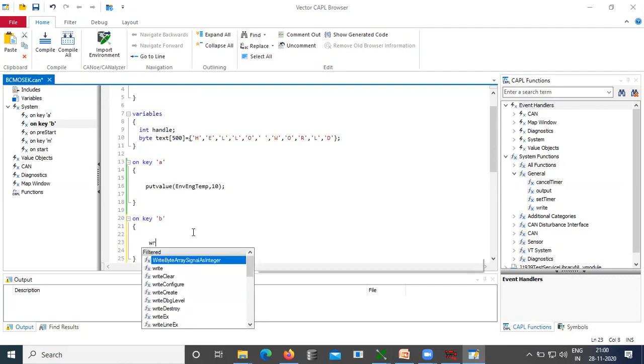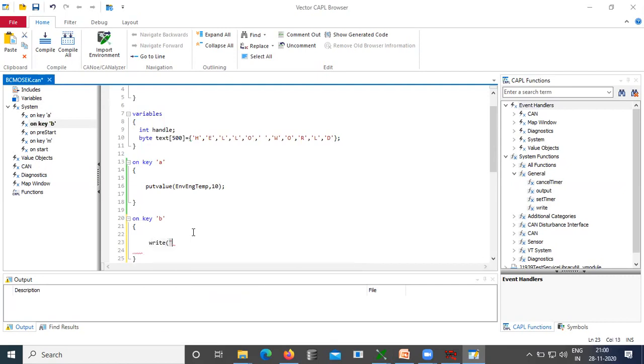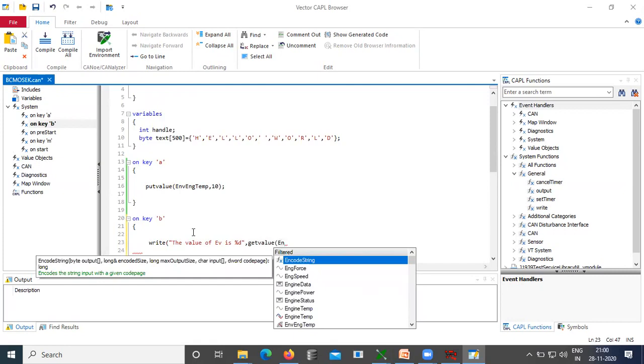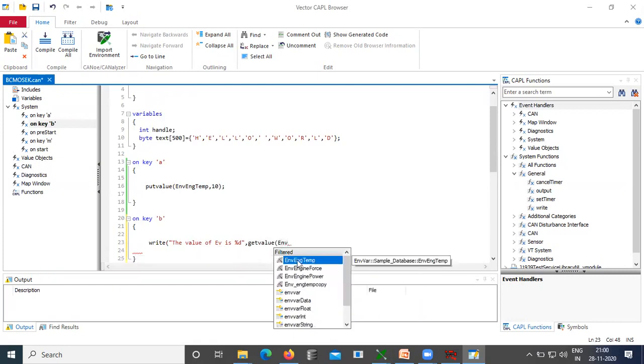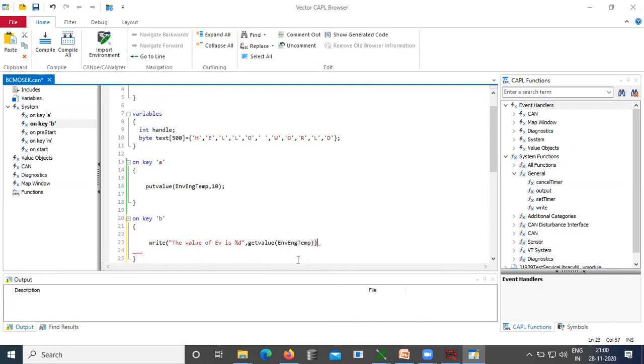So, write the value of EV is percentage %d, comma, get value of EV variable name, ENV engine temp. That's all. So A is giving some value to that, B is printing that value to us.